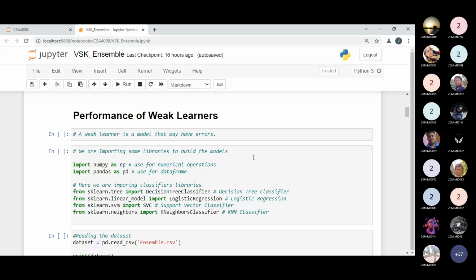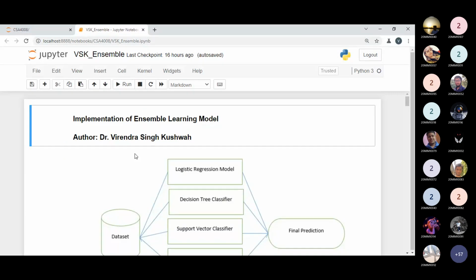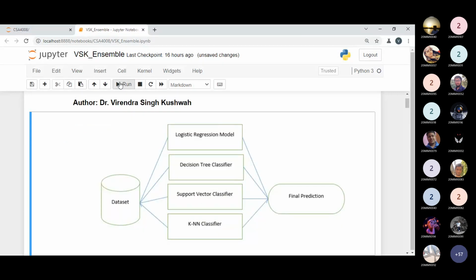With small data sets there is some guarantee, but when dealing with huge volumes of data sets, there is no guarantee. So first we will find the performance of the big learner. A big learner is a model that may have errors. That is the important point you have to understand. Step by step I will execute all the code in front of you, then you will be happy to see the answers.